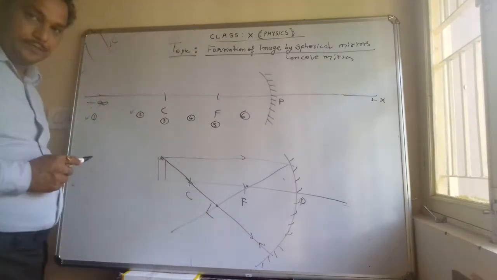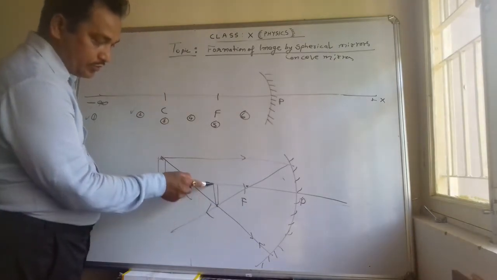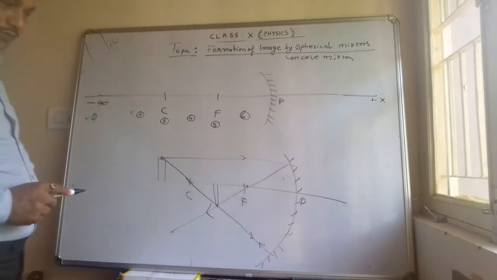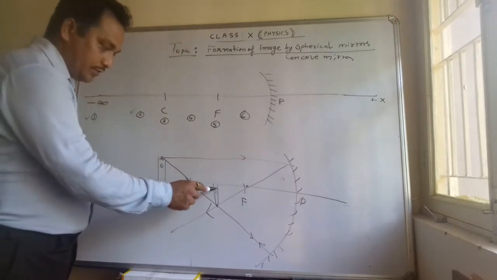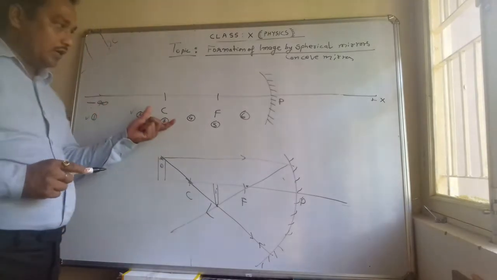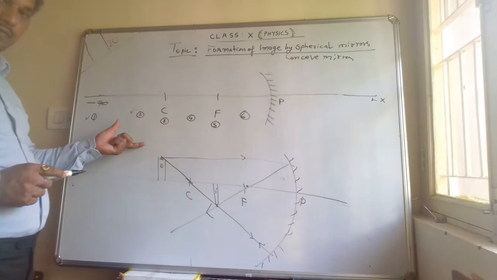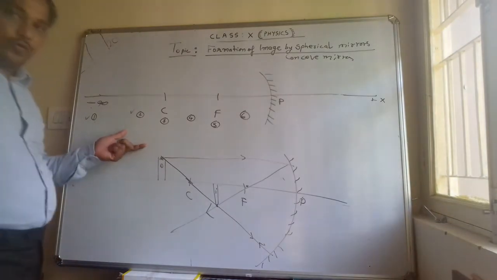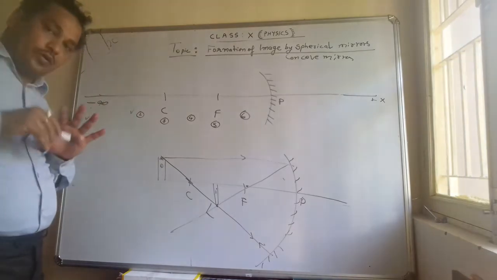At this point. So what we have observed is the position of the image of this object. So this is the object, this is the image of the object. So we have applied the rules to get this second one. Let us see now the others one by one, we can find out.